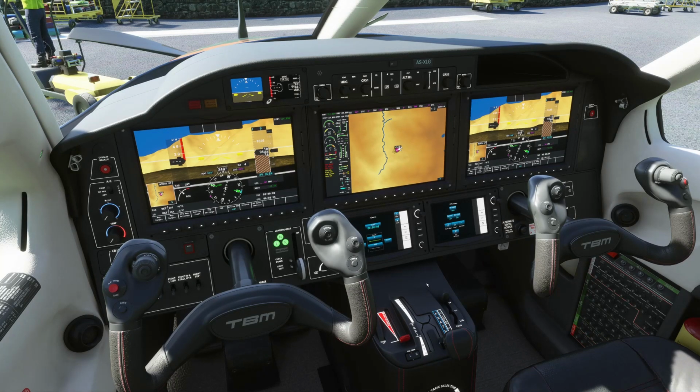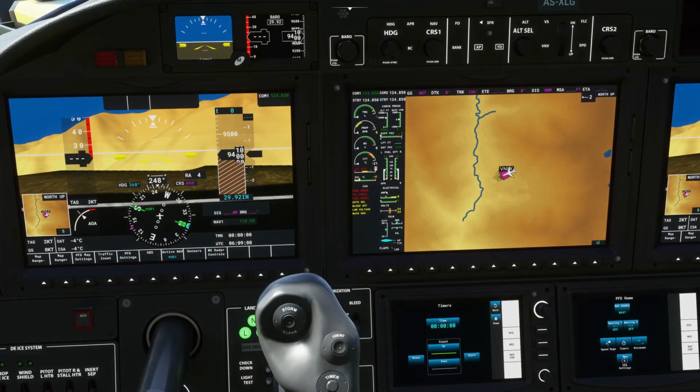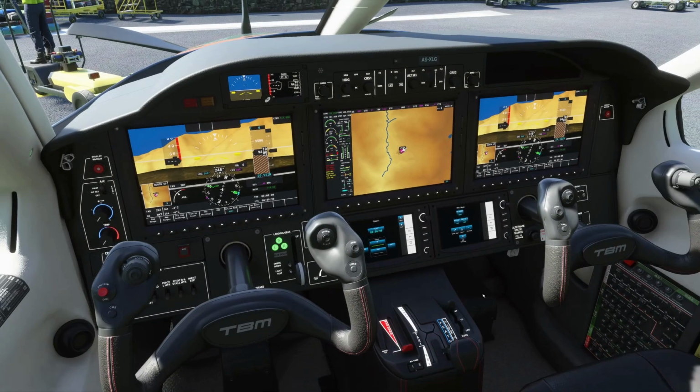Now, once we switch the starter to on, it's important that we actually start the timer as well. So we need to get that going. Now, the reason for that is that we want to actually have a look at these two readouts here, the NG and the ITT. Very, very important to monitor this during startup. So we're looking for an NG percentage of 13%. Once this needle gets to that figure, then we will go to our throttle